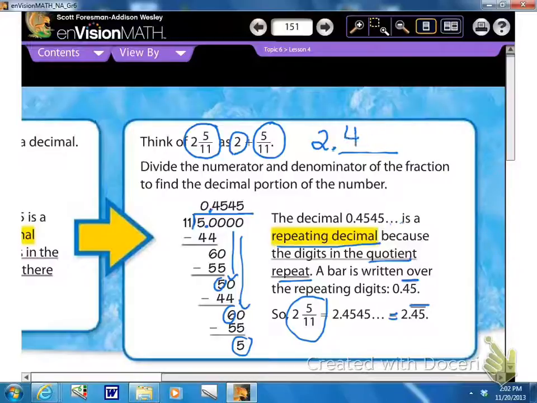I only have one decimal. Alright, so remember, we have our whole number to the left of the decimal. Do your division if you need to find the decimal portion of the answer. Now remember, sometimes we can take a fraction like